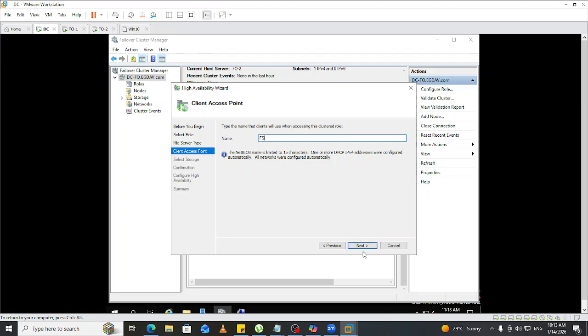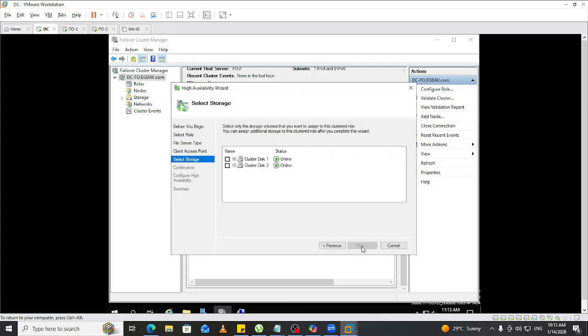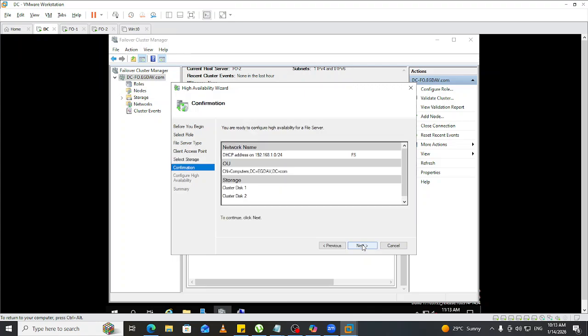FS. Next. So these are the drives that we have, the storage. I'll check the two. Move to next. It could be one, it could be two, it could be more. So depending on the number of drives that you have available, you can just pick them and add them to the failover. So move to next,